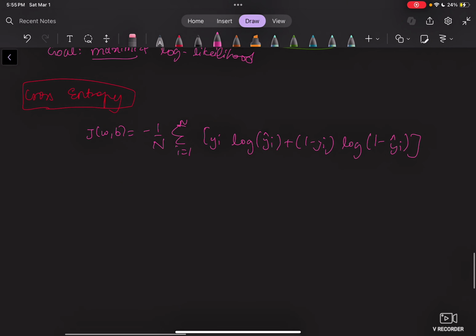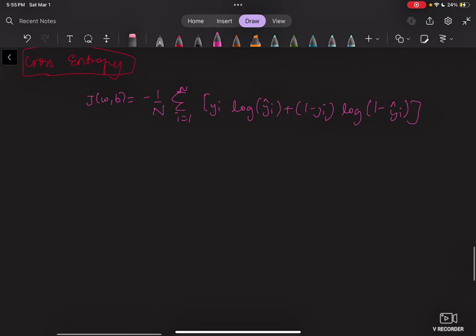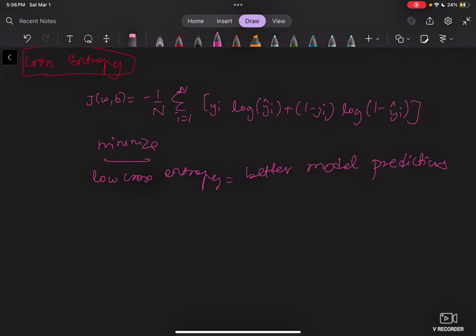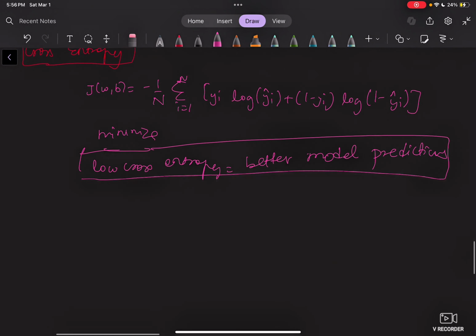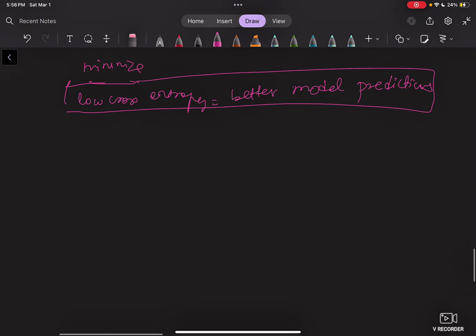So if the predictions are good, and your y hat, for example, is 0.99 for an apple, then the cross entropy is small. And if the predictions are bad, like y hat is say 0.01 for an apple, then the cross entropy is large, right? So cross entropy acts as a penalty for wrong predictions, and lower cross entropy means better model performance, right? So the goal is to minimize here. Low cross entropy means better model predictions. See how they're trying to do the same thing, but they just have different perspectives of reaching there. So summarizing,